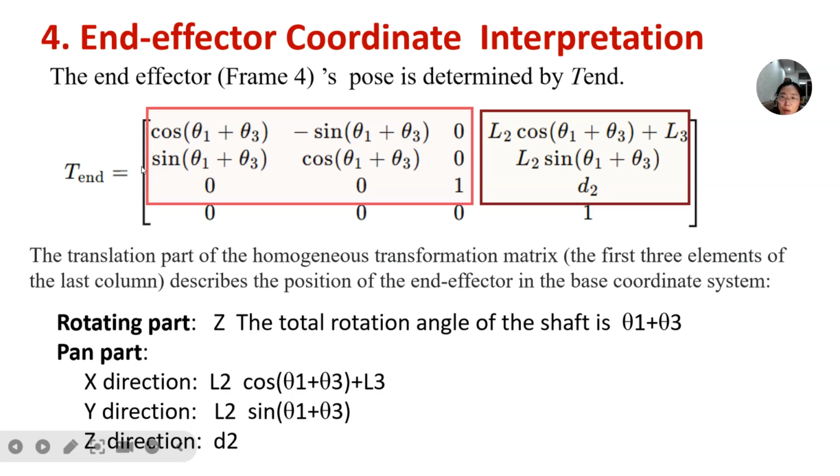This T end equals cosine(theta 1 + theta 3), minus sin(theta 1 + theta 3), 0, L2 cosine theta 1 + L3 cosine(theta 1 + theta 3); sin(theta 1 + theta 3), cosine(theta 1 + theta 3), 0, L2 sin theta 1 + L3 sin(theta 1 + theta 3); 0, 0, 1, d2; 0, 0, 0, 1. About this end effector,